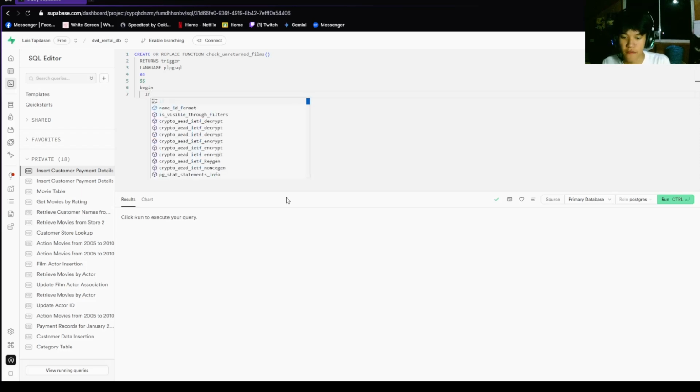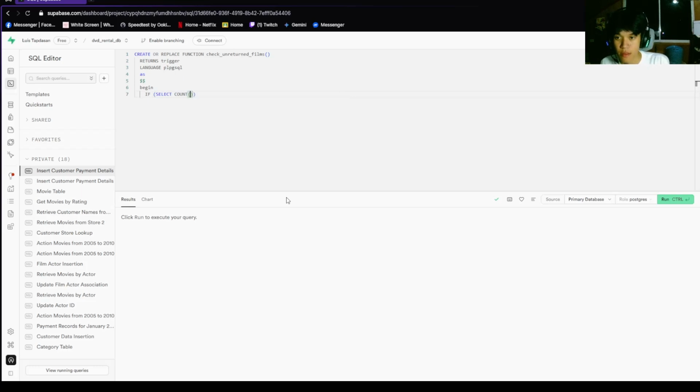So we're going to start with an if statement. So if select count asterisk from rental. So this is the table where it's going to be finding the unreturned films. So it's going to check the rental, and then specifically it's going to be looking for the customer that has an unreturned film.